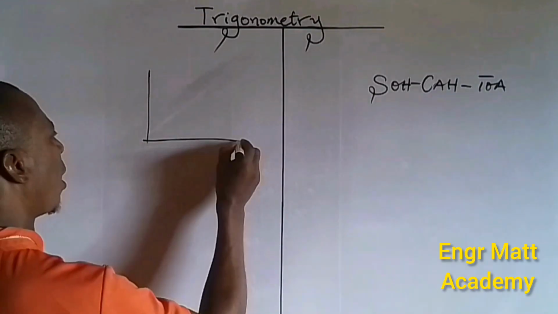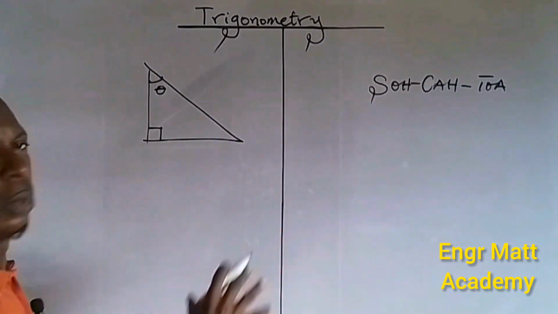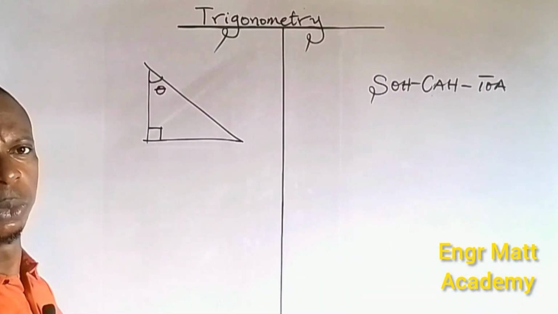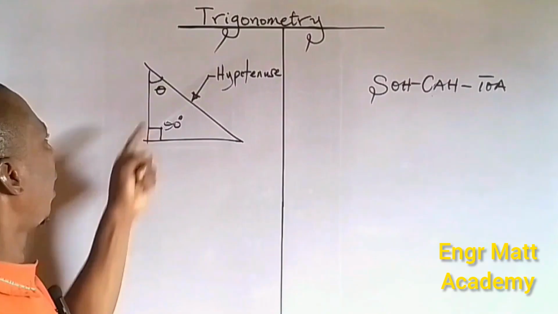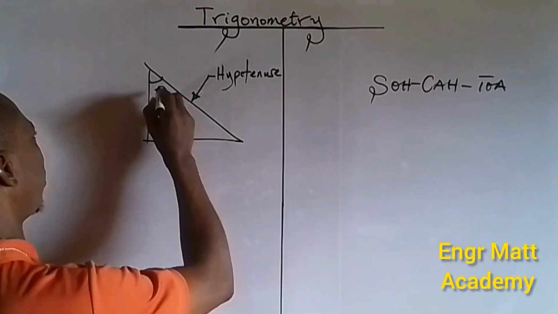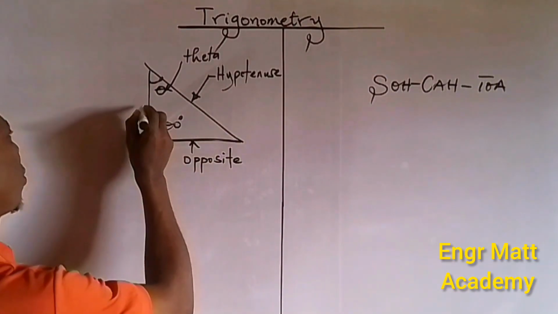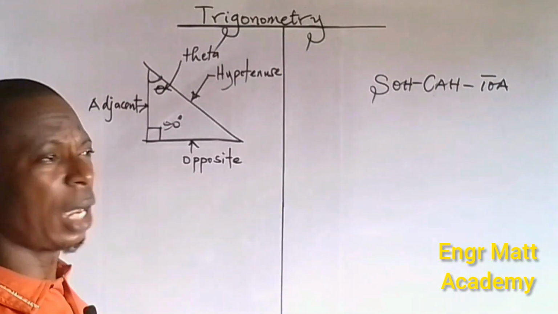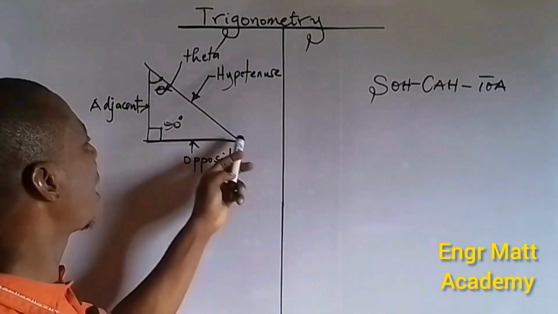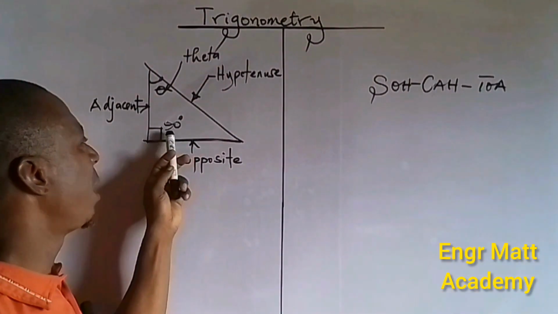This is a right-angled triangle. Everything we are going to discuss today is based on the right-angled triangle. This side is the hypotenuse and the angle here is theta. So this side is the opposite, while this other side is our adjacent. Notice that the hypotenuse is always the longest side in a right-angle triangle and it is facing the right angle,